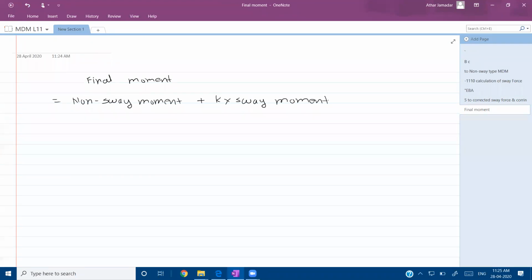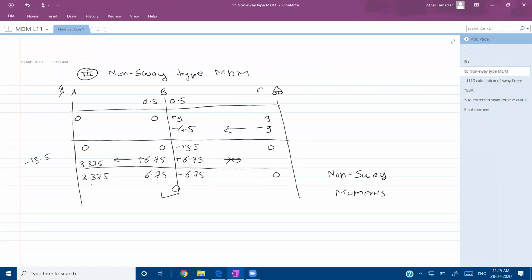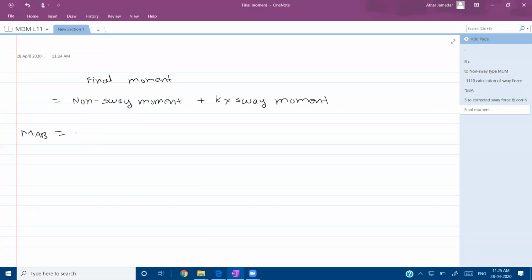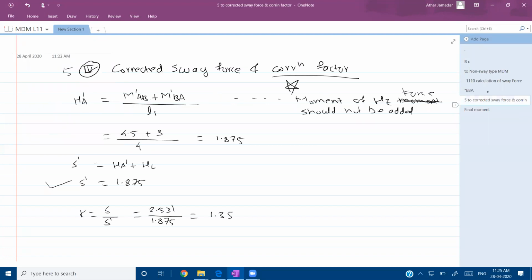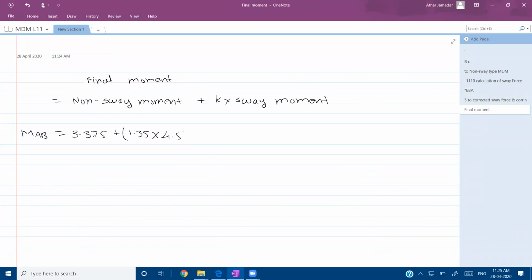So this is the formula for the final moment. For example, MAB: the non-sway moment for AB is 3.375 plus k, which is now 1.35, into the sway moment for AB, which is 4.5. So this is going to be 9.45